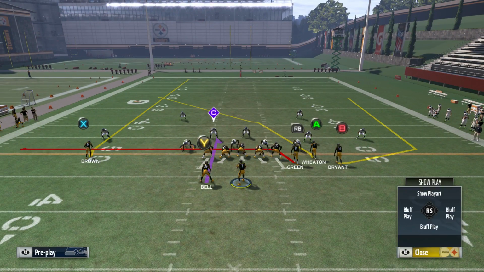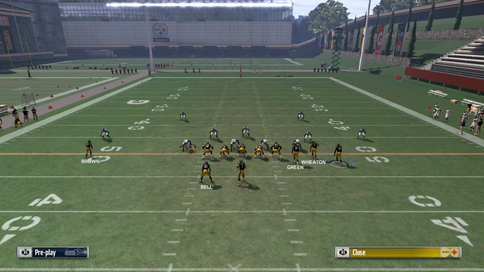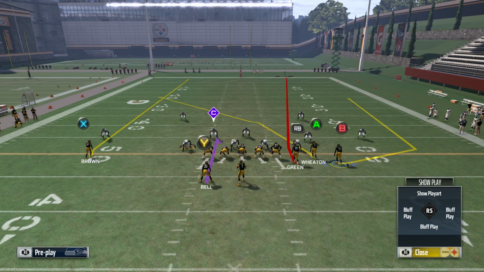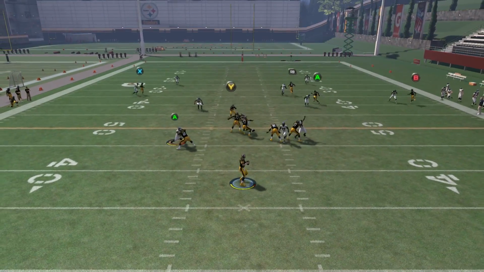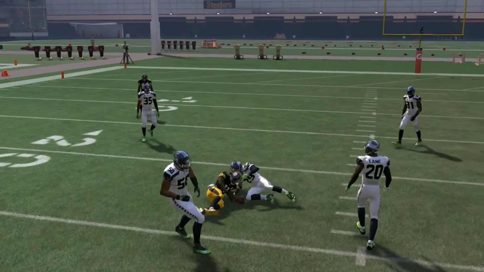I don't know why my verticals aren't working so good against the Seattle secondary, but again, that kind of makes sense. They're pretty good. You can also do, I often do this, streak, or you can fade him too. So this is how I go because of that. That streak brings a little bit of time underneath there. That's a good way to pick up a lot of yardage,